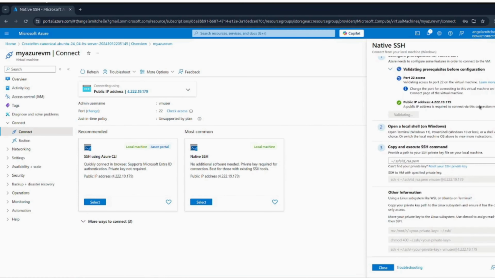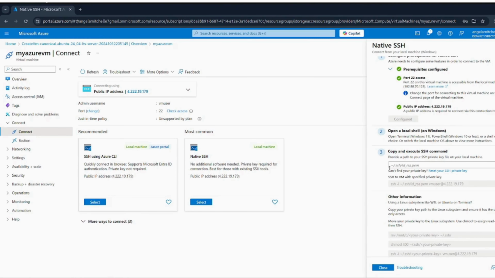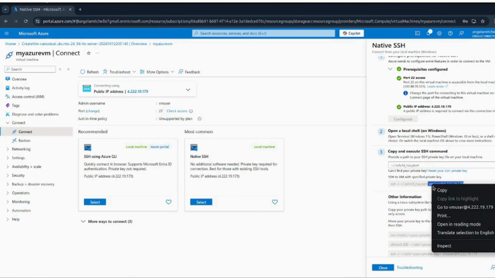So look at this space, right? If we created this virtual machine using a public key, we would have to go into this folder where we have the SSH id_rsa.pem file, right? But we didn't create that. We're just going to use the basic one, which is username and password. Just copy this simple command here,